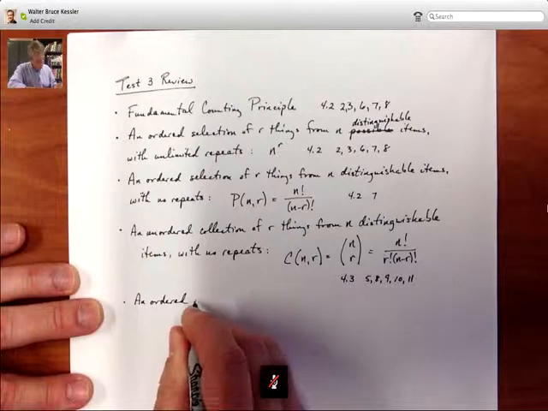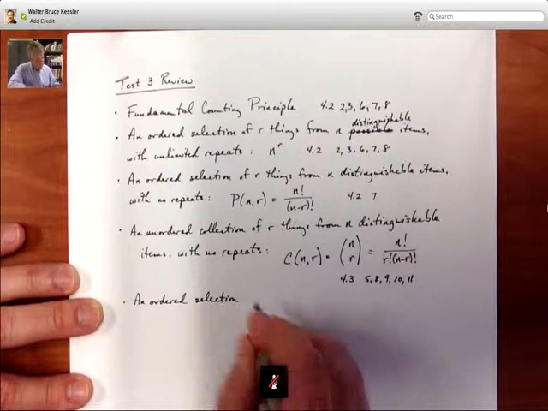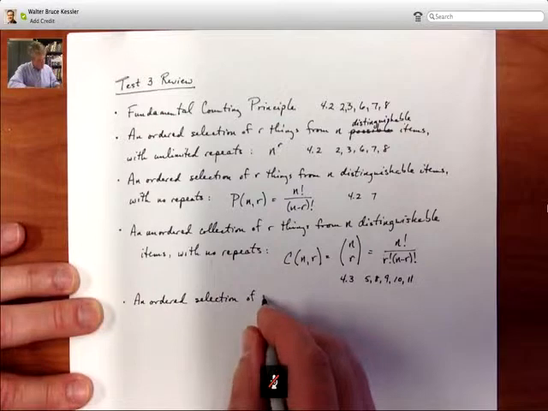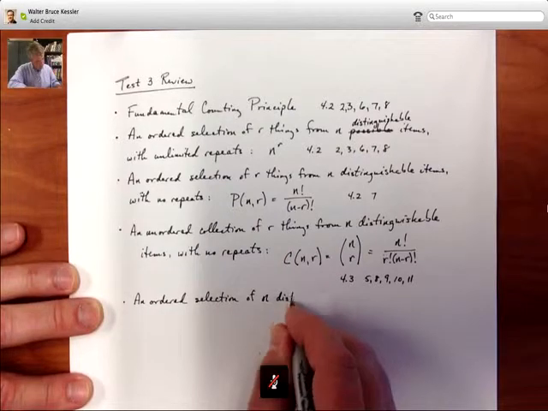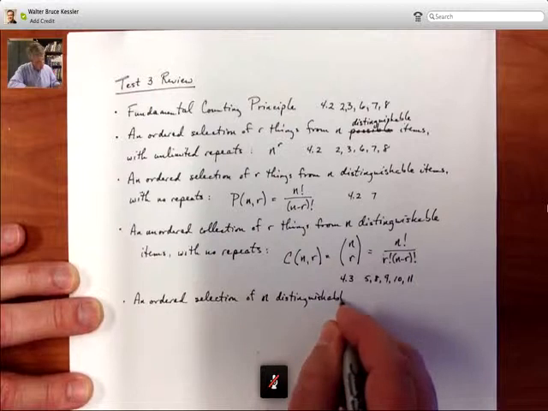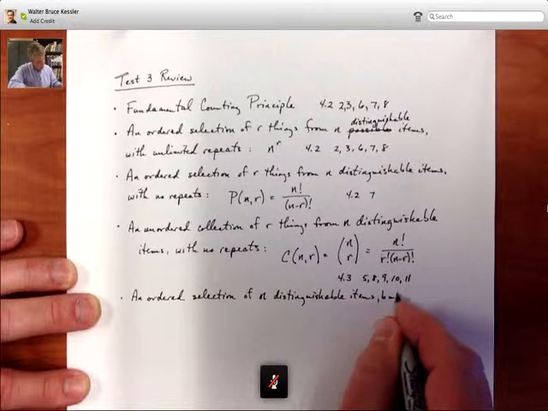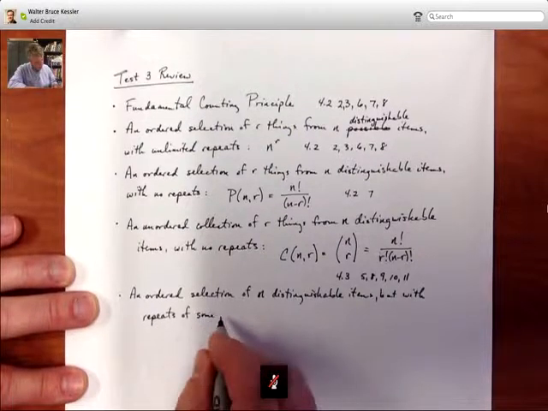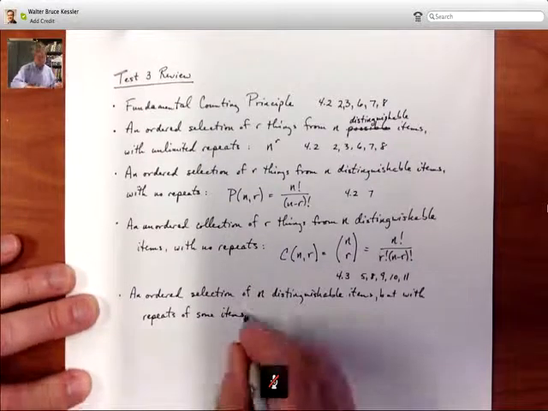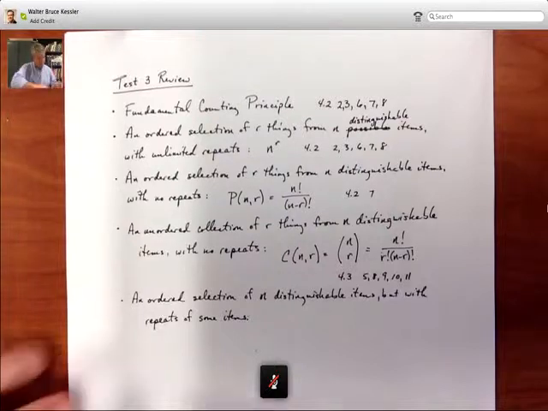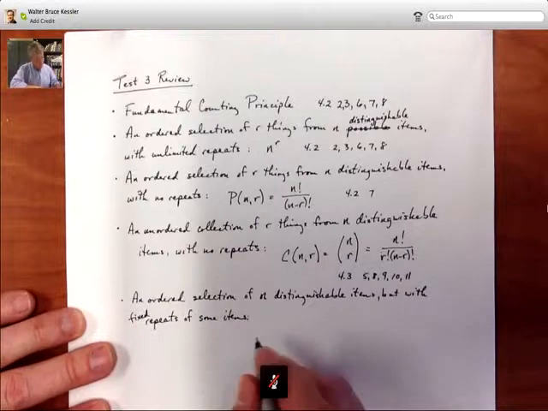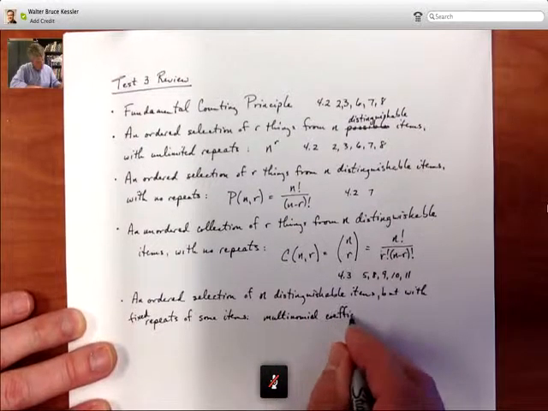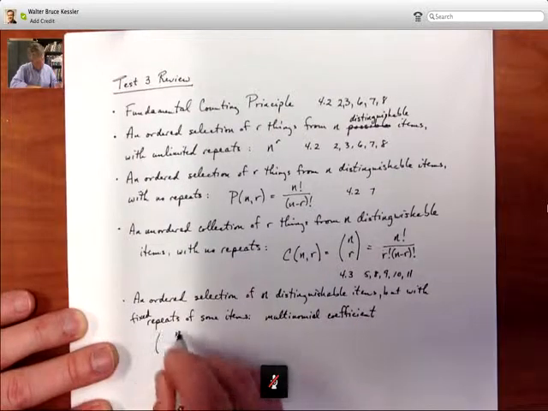An ordered selection of distinguishable items, but with some repeats, and a fixed number of repeats. Then that involved the multinomial coefficient, and this is where you got n things